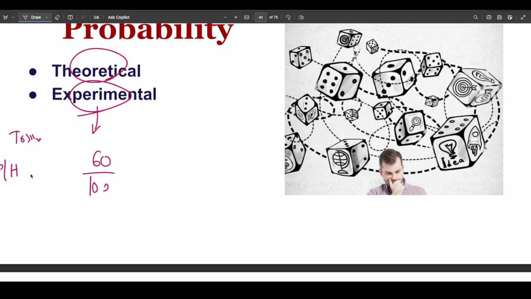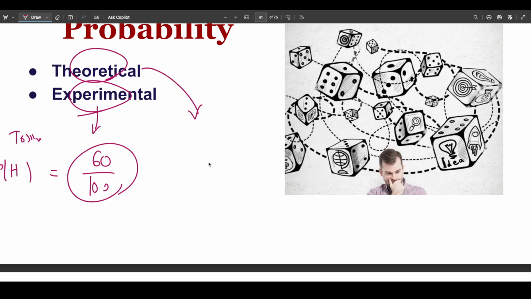I got a heads, okay? So the probability of having a heads is going to be 60 over 100 based on my past data, because out of 100 times I got 60 heads. Okay, this is an experimental probability. We use experimental probability almost every day in everyday language. Okay, but what is